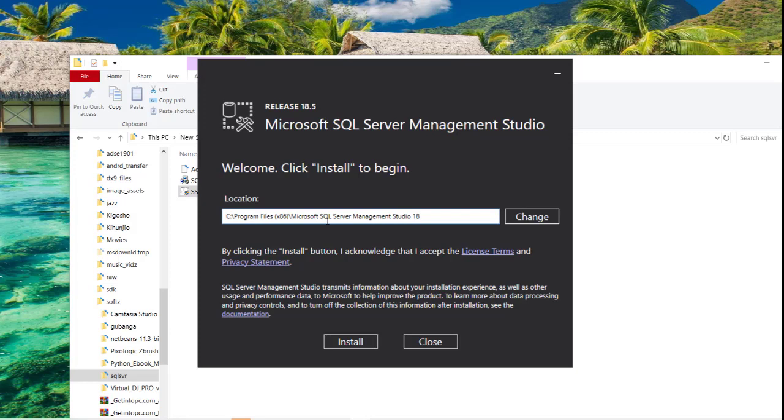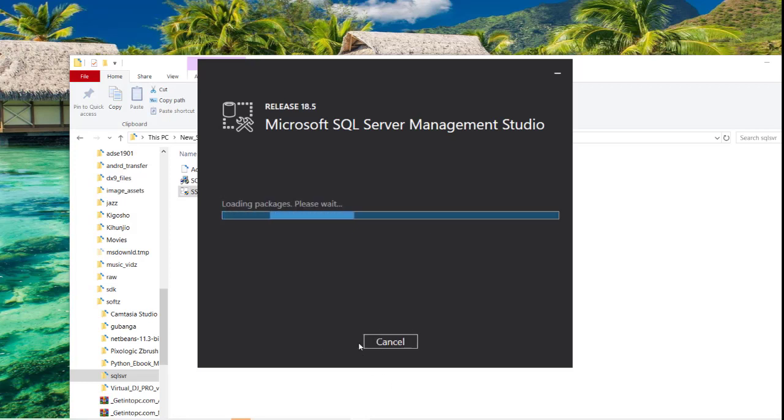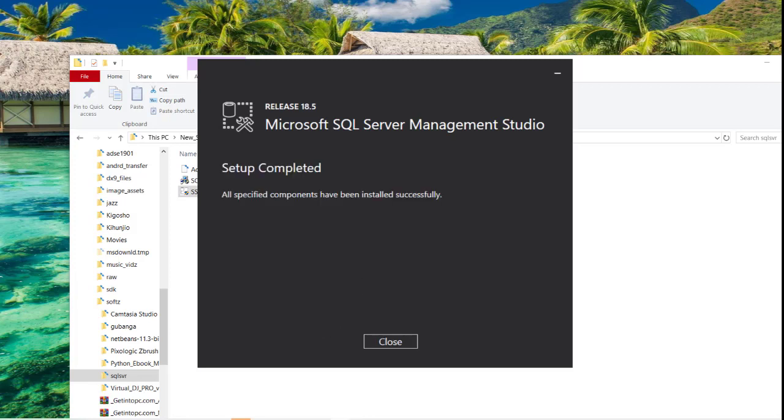Now, you can leave the defaults, or you can change them if you want. I'm just going to leave it at the default. Then I click on Install. I'm going to give this some time to install, and once it's done, we are going to continue with the recording. Okay, all done. We click on the Close button,